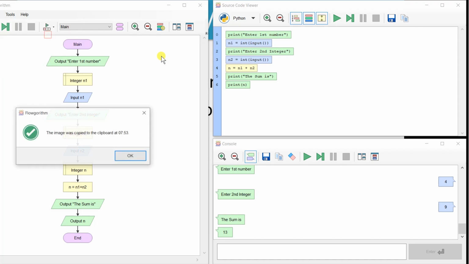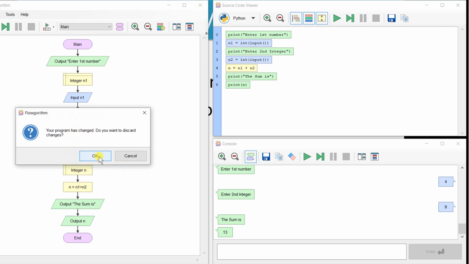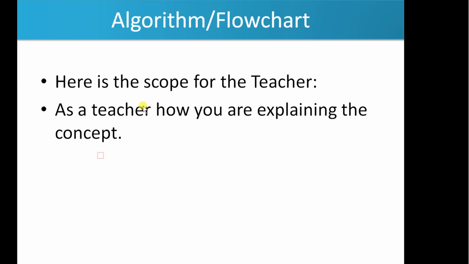Now it got saved. Discard the changes. Okay, let it be.